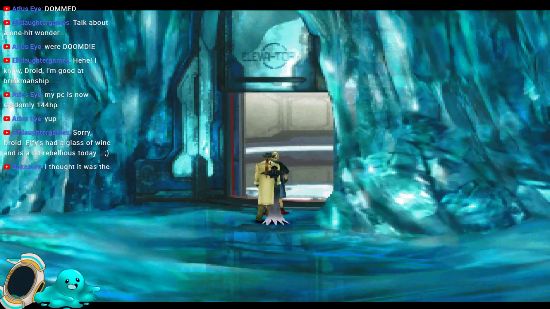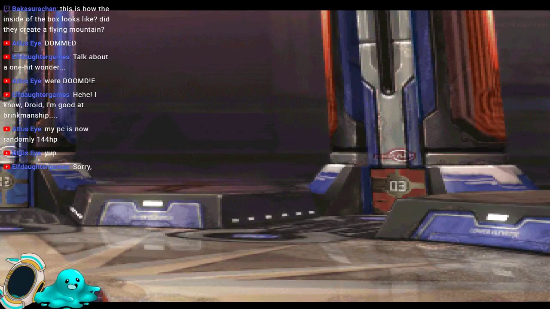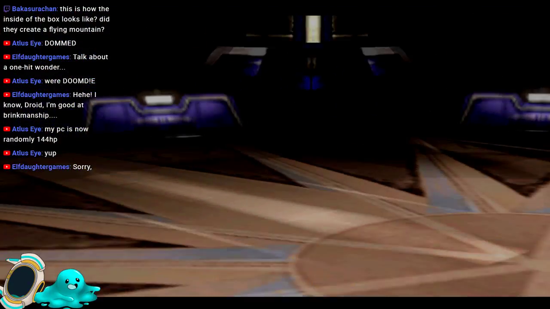So to be honest, I don't think there's a massive amount more we want in here. Like, we've got the Combat King 5, which is the kind of main thing we wanted. Everything else I think is kind of secondary. That's how the inside of a box looks like. Did they create a flying mountain? Kind of? They kind of created a flying mountain? It's not, like, really a flying mountain, but...